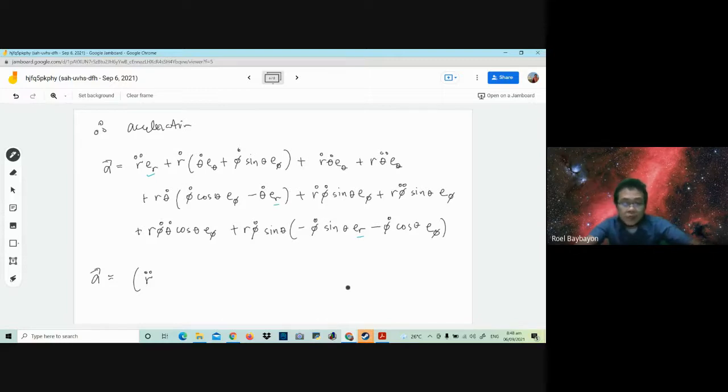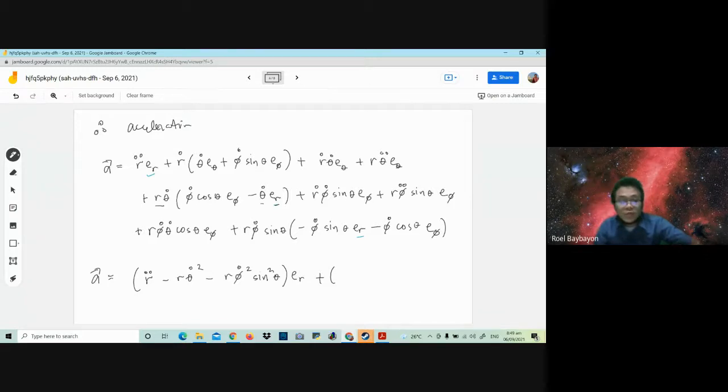plus up to isa ka ER kanino? Kana so, minus, no? Minus kani times kana. So na ko minus R theta dot square minus this one kani kanang duha. Okay, so I have R phi dot square sine square theta. So this is in ER, right? So I have 3 terms for ER. R double dot minus R theta dot square minus R phi dot square sine theta square ER plus